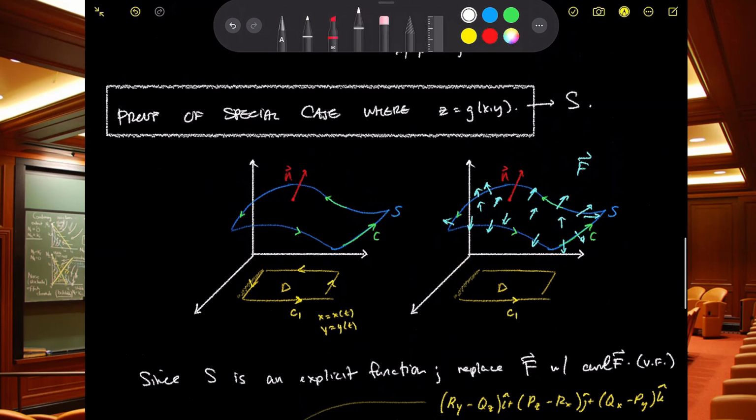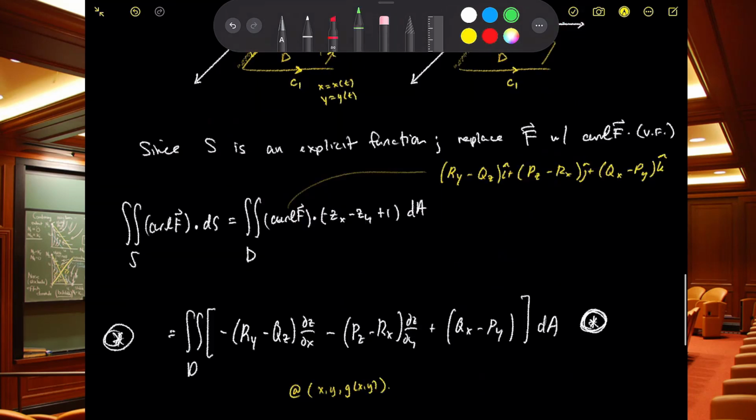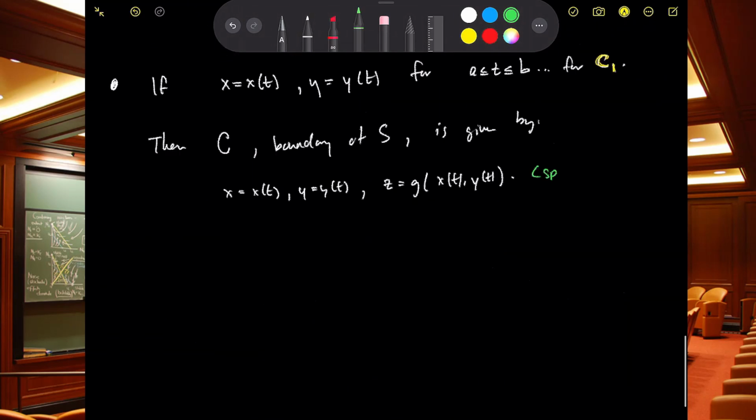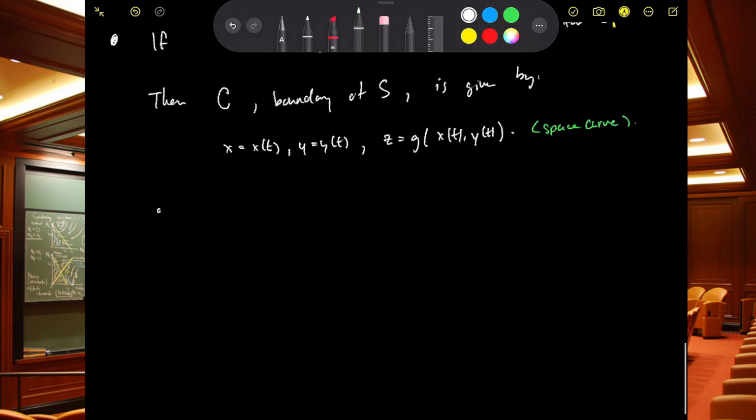So what does that do? That takes this curve and shoots it up to C, and then it moves around the edge in a space curve. Space curve. All right. So we've got our boundary curve set, so now we're going to play with this equation and see what we can come up with. So therefore, this line integral of the vector field dr